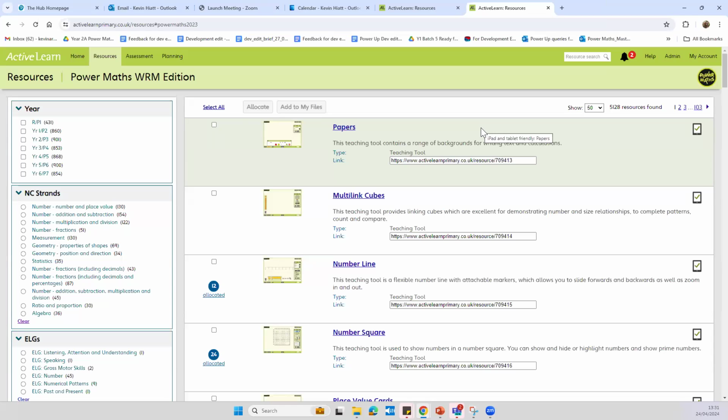Thank you. One question from Ivana. Ivana is asking whether workbooks can be worked with on screen too. So the workbooks are only available in print internationally. So there are some rights issues around having them online internationally. But as I say, because they are being written into by the children, it's a chance for them to engage with it and manipulate it. They do actually work better in print.